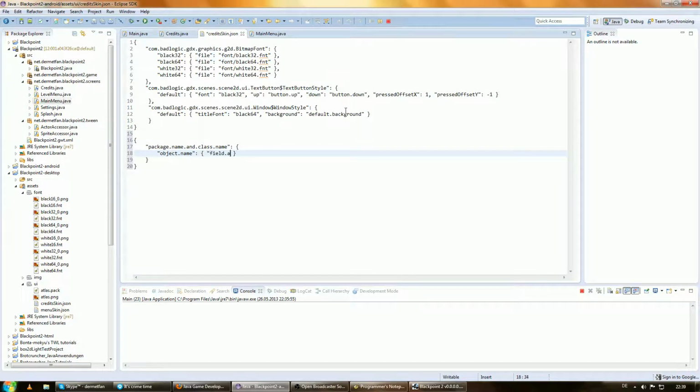Then field name, oh actually no dot in there, field name,